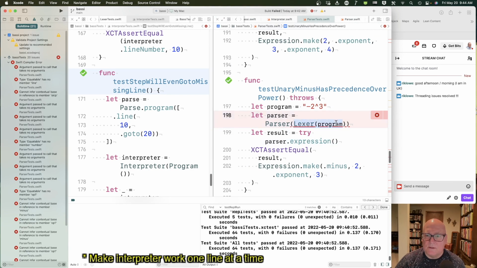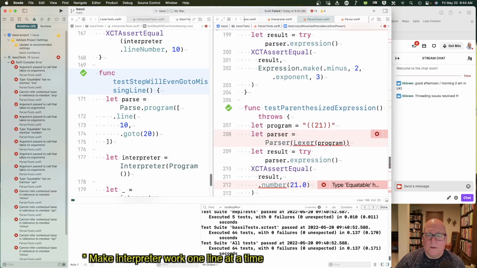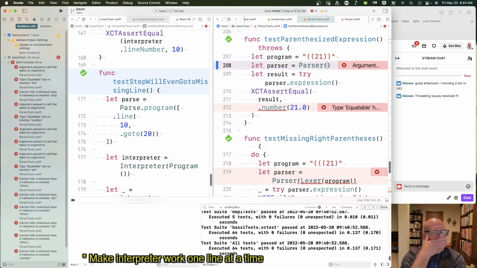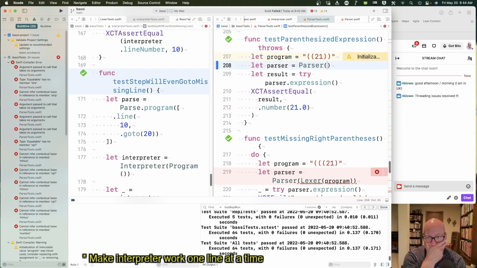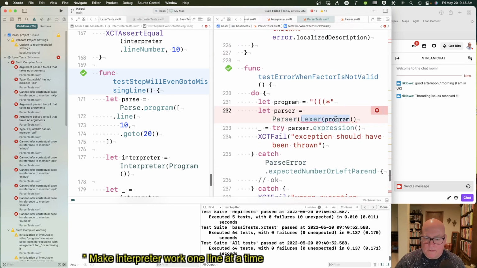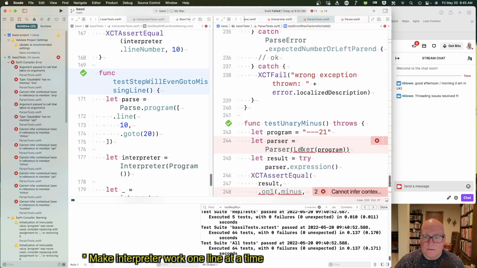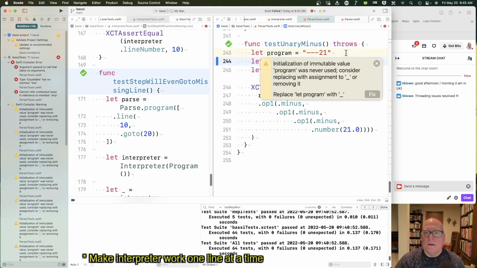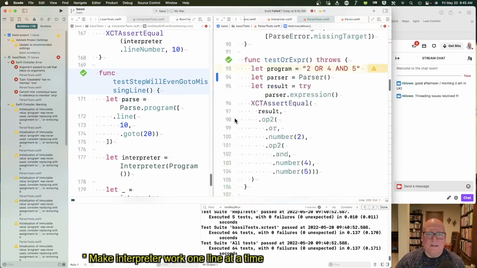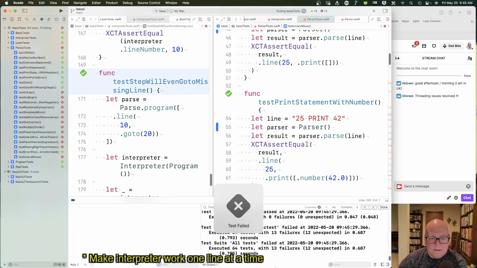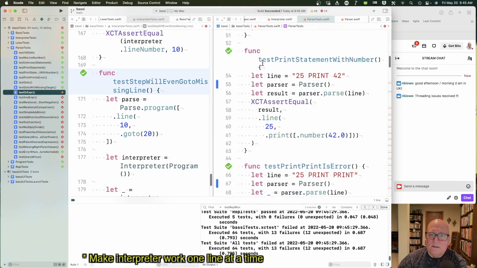Should be getting to the bottom here. Oh, these are going to break. I don't think there's an easy solution. Program never used. Yeah. Okay, so let's run them. I think we may get them all. Right. All those expression ones fail. And this is